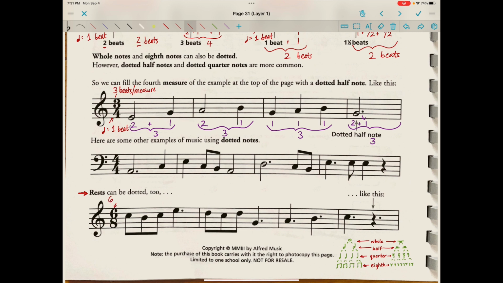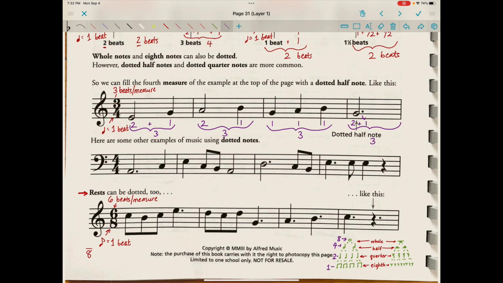The 6 tells us there are 6 beats per measure. And the bottom number tells us, think of it as the denominator of a fraction, that an eighth note is our pulse note. It will be our 1 beat note. So we'll go over here to our note value pyramid and just assign 1 to our eighth notes and eighth rests, 2 beats to each quarter note, 4 beats to each half note, and 8 beats to each whole note and whole rest. So now let's return up here and just do the math.